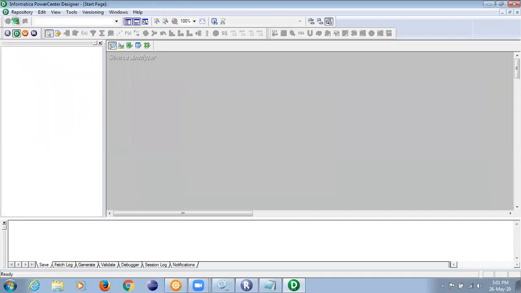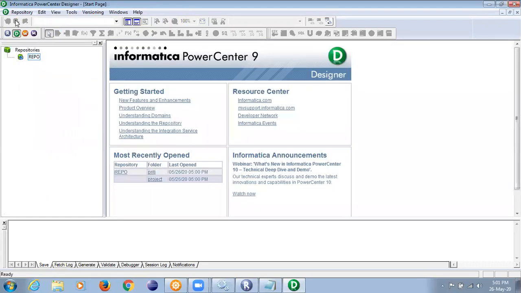So this is, again I'm saying, the designer screen. Please understand these things very clearly. I'll be explaining some of the basics about the screen, because it is a graphical interface.